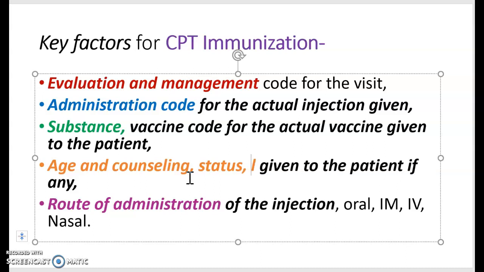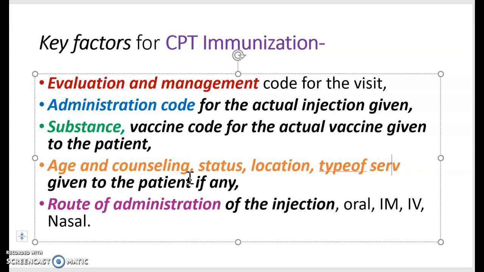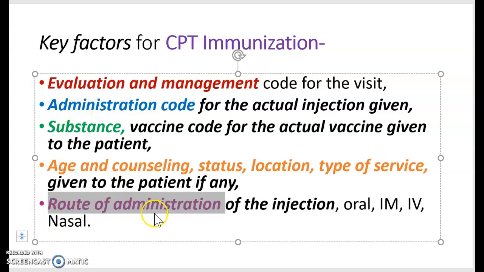What is the location of the service, which is also a very important keyword for the service, as well as what type of service was given to this patient. These are all the keywords you need to remember in order to find the correct codes for the scenario. The route of administration is for the administration code. You have to know if it was an injection, intramuscular, intravenous, or a nasal route used to give them the